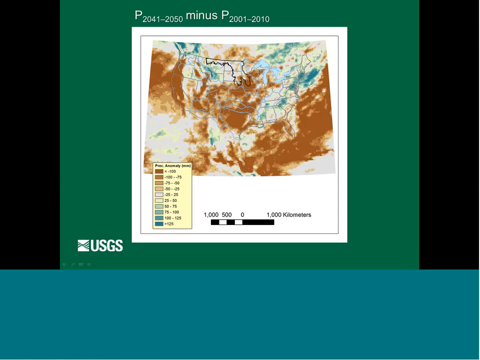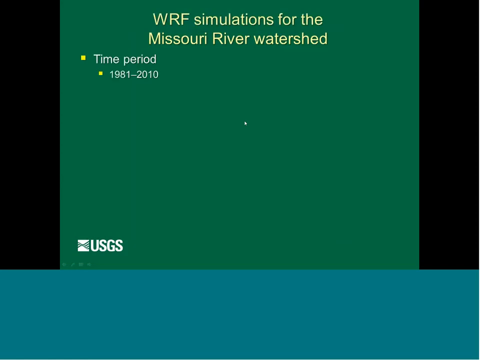Not really, just maybe making it up a little bit into the prairie pothole region in the Missouri River area. The gray is not much change, and the blues is a little bit wetter. If you were to look at 2031 to 2040, you would see a whole different pattern. So there's a lot of variability in precip. Okay, so I'm going to hand things over to Parker now.